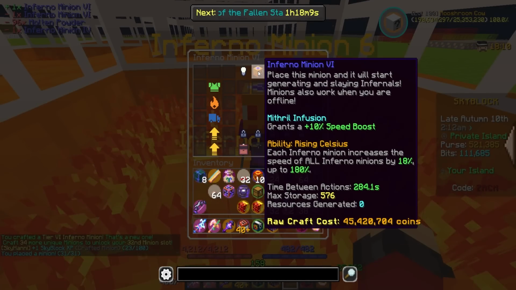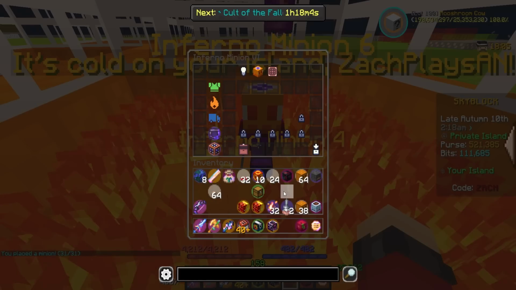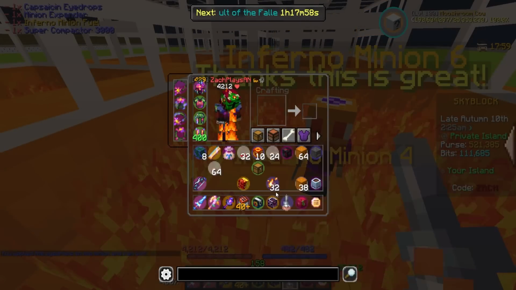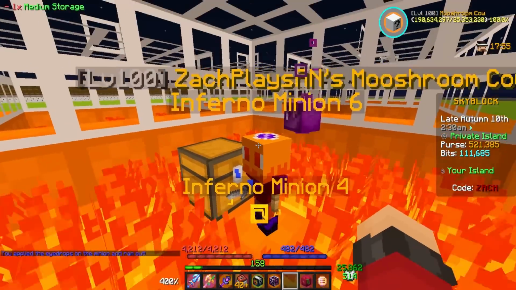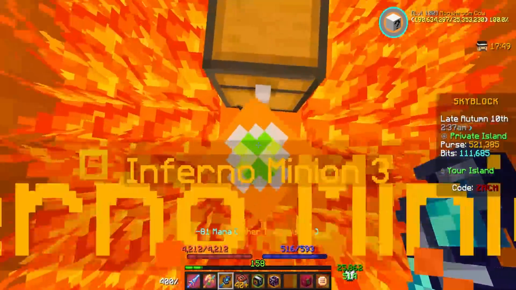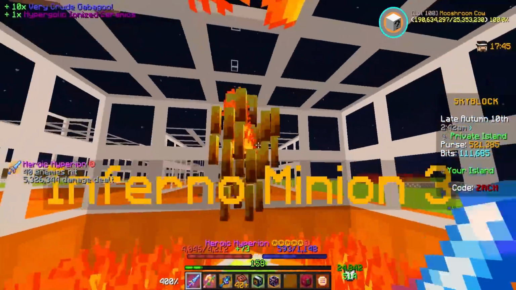Either way, let's go and put him back down. Tier 6 Inferno minion. Bro's looking kind of crazy. Can't lie. Let's go ahead and slap everything back into him. And we're going to put a Hypergolic Fuel, and we're going to splash him with some eye drops. And then we'll place back down his storage chest. Please go crazy. You're level 6 now. I have much higher hopes than when you were level 4. This dude, he's a level 3. I'm a little more lenient with him. But that doesn't mean...